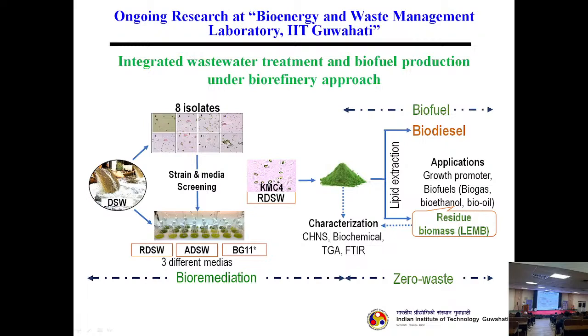Yeah, so this is some work we have done. I'll very quickly go through it. We are already running late. So what we did is we isolated certain algae strains from the wastewater treatment plant of IIT Guwahati itself. Then we took that domestic sewage wastewater and grew algae over that. We found that a particular species, Monoraphidium, which our students named KMC4, genetically found to be a Monoraphidium species, gave us good results. Other strains are also fairly good. It's not that they are not good. This is supposed to be the best among these 8.